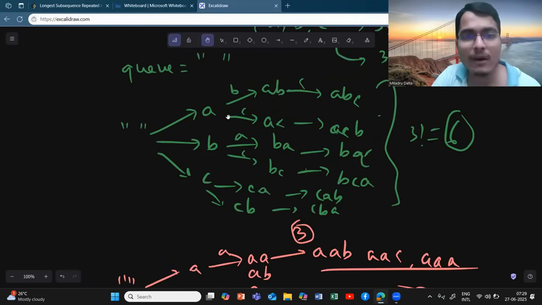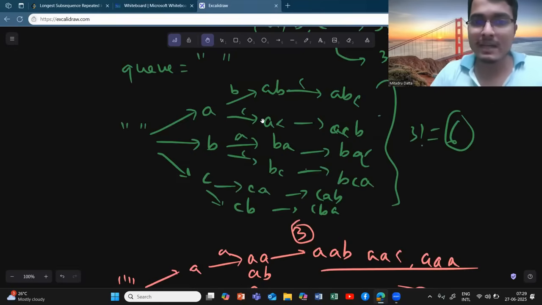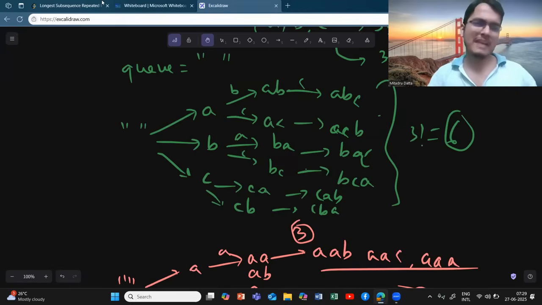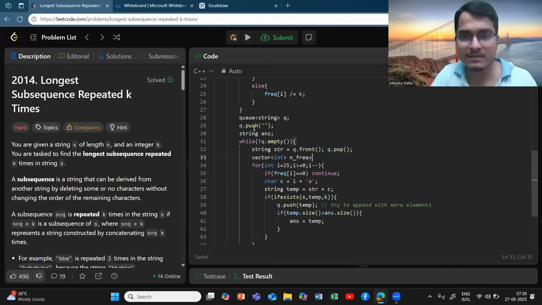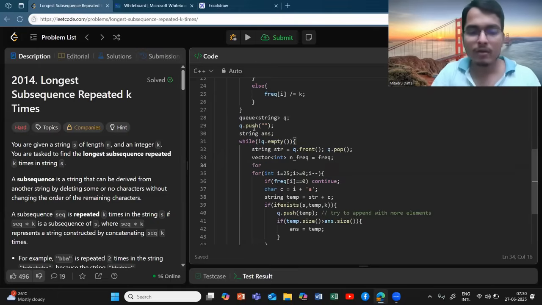You make sure which are already present in the string that is not present. Okay, A is already present in the string A. So you just append B and C. You see that A and B are already present, so you just append C. So you just apply this. I mean, very easily you just apply this. You create a vector, let's say n frequency, okay, and every time you new frequency, you just update it to the old frequency, okay. You just update it to the old frequency, and